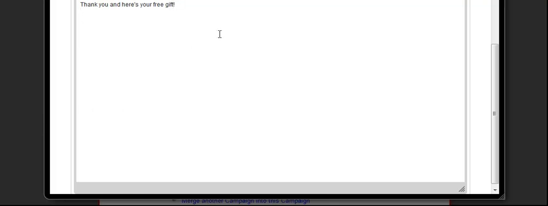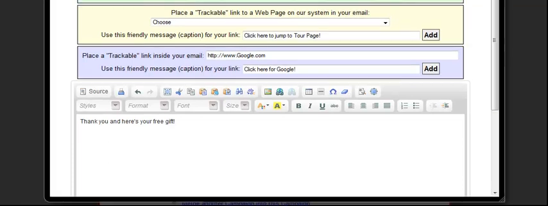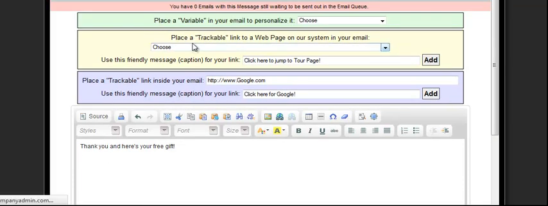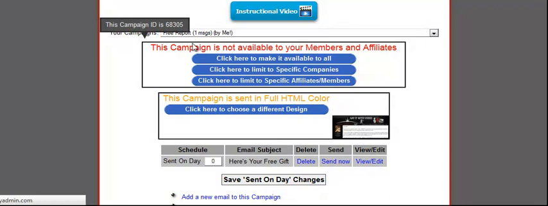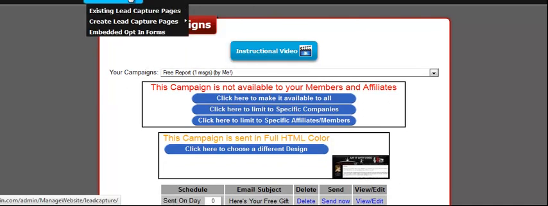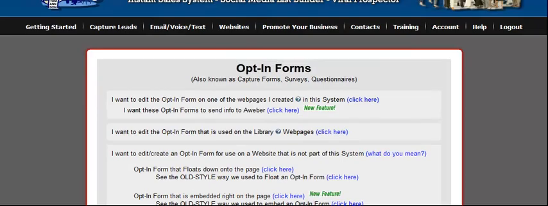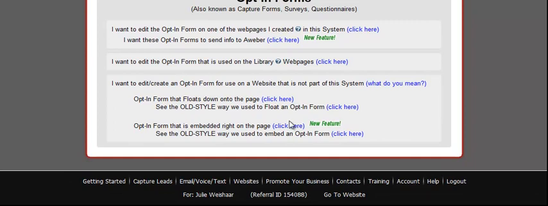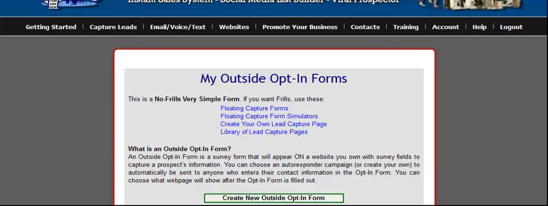You can upload an image of that again over here, and then you can have a hyperlink to it, or you can just put the link in here, whatever it is that you want to do, if that's how you decide that you want to get that gift into their hands. Then you're going to save changes. And if you decide that you don't want them to go directly to your opt-in, then make sure when you're doing that outside embed opt-in form code, we're going to go back to it again,